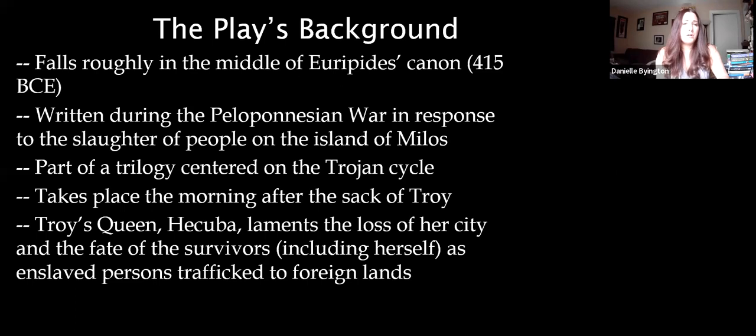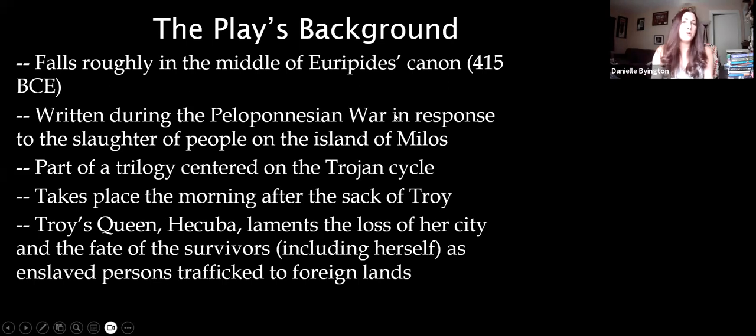As far as Greek drama goes and the career of Euripides, who's one of the major ancient Greek playwrights, this falls roughly in the middle of the canon of his work. So this is happening in 415 BCE. It's assumed to have been written in the year before, in 416, because it was written during